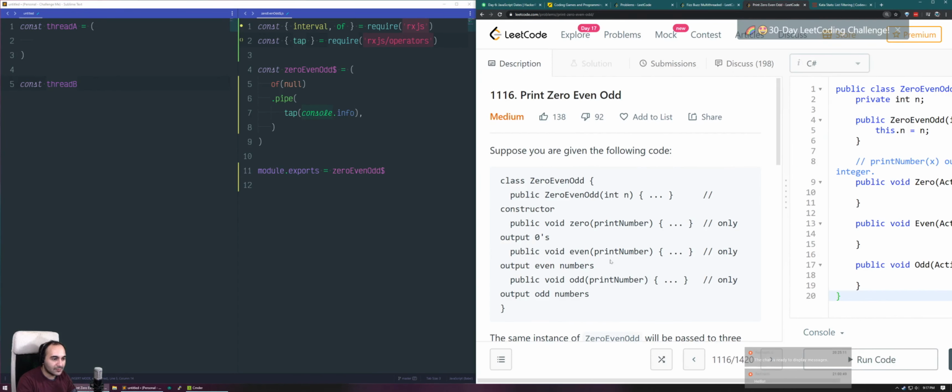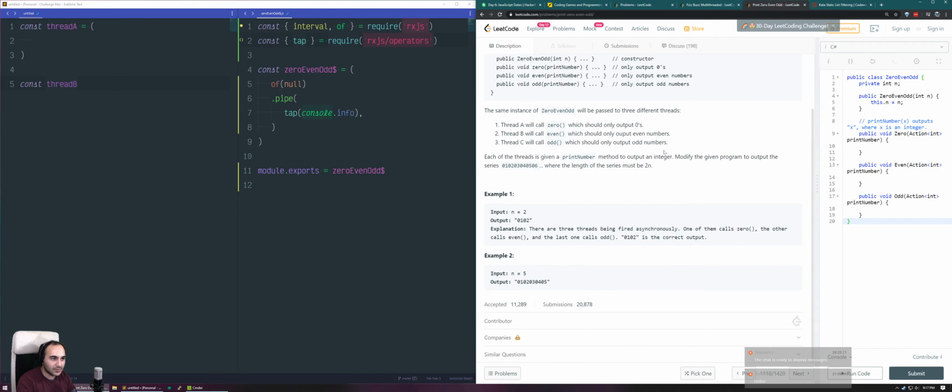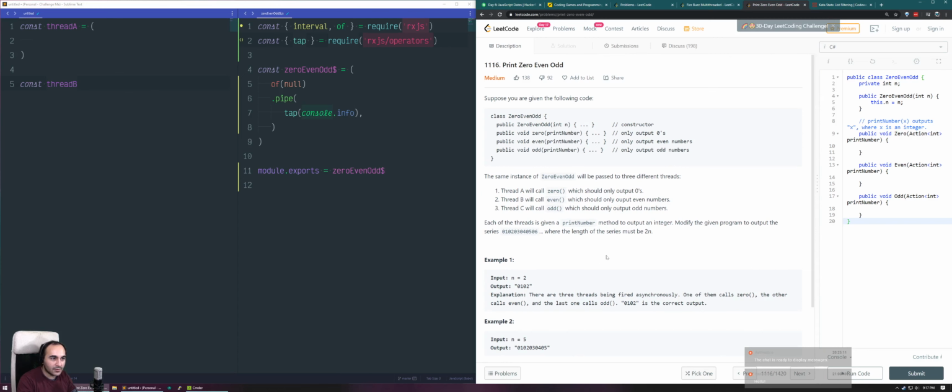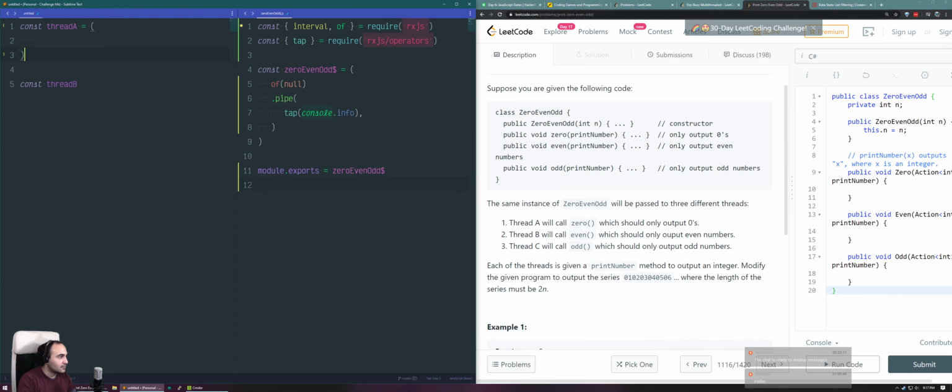And I know you probably can't read this. I just realized. Let's see if I can get rid of this side. You don't really need to see the code. You just need to see the question. I don't see another way to do this. We'll just make there. Now you should be able to see the question. Why don't I just copy paste this? Thread B. We just grab all these,